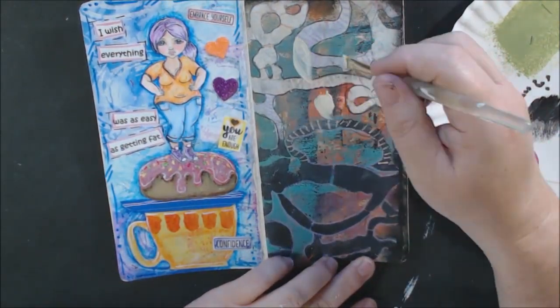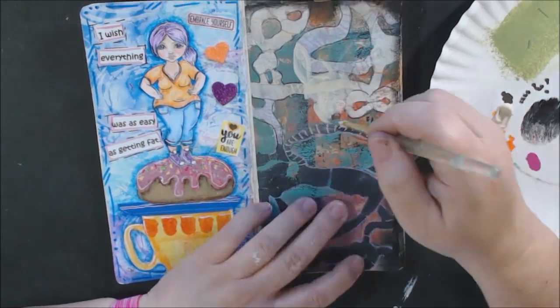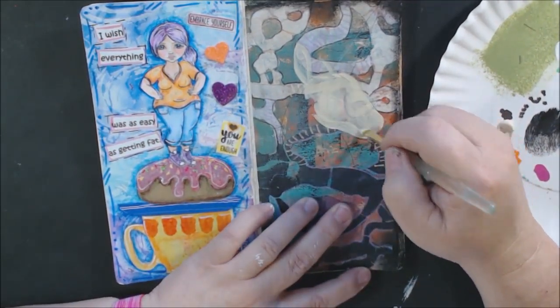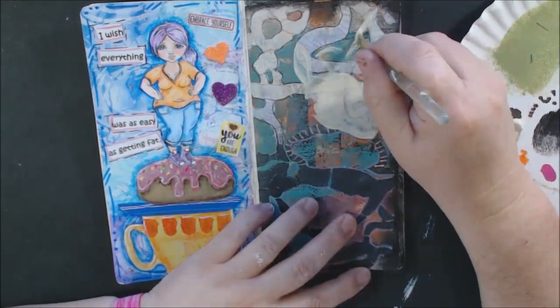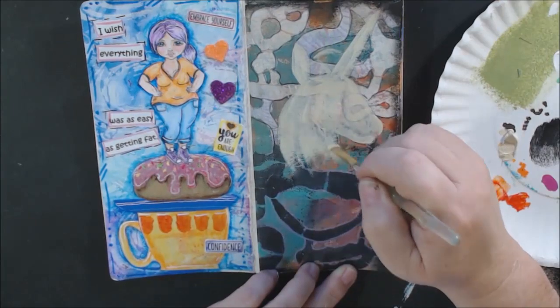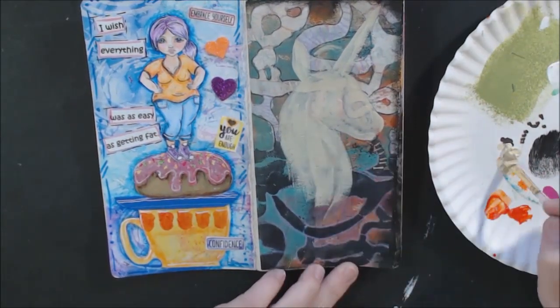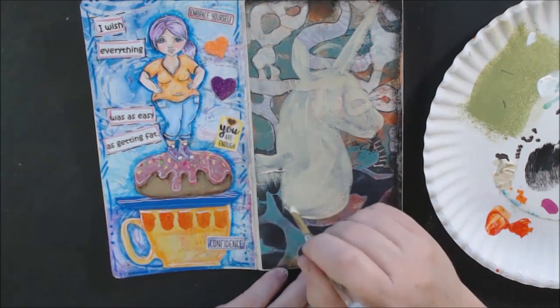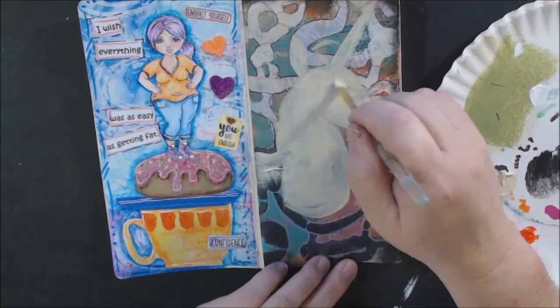I decided to use the quote, "Be a unicorn, not a twatopotamus." I think that's hilarious and snarky. That's funny. So that's the quote I'm using. So I decided to draw and then paint in acrylic paint a unicorn prancing about on the page looking cute